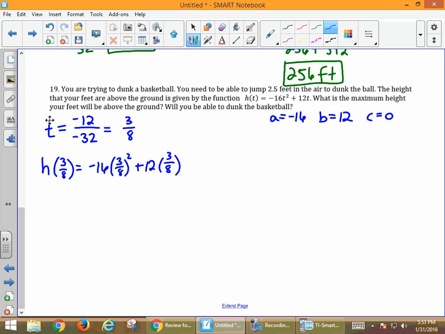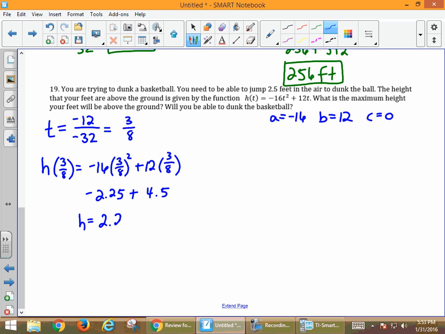Here we go, negative 16 times 3 over 8 squared is negative 2.25 plus 12 times 3/8 is 4.5. And adding those together gives us a total height